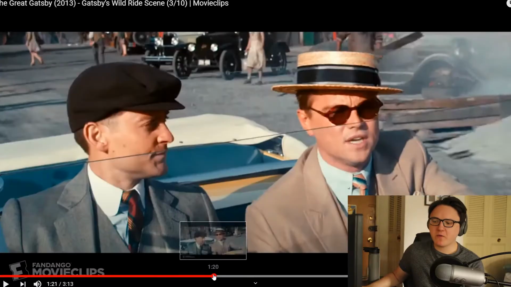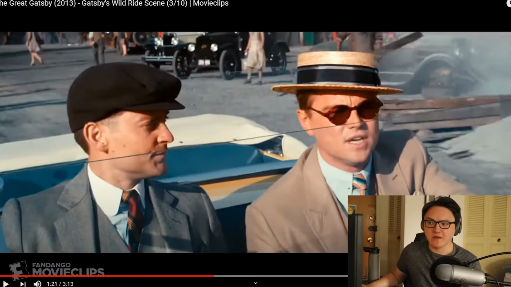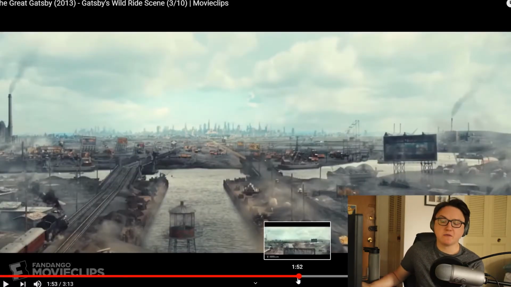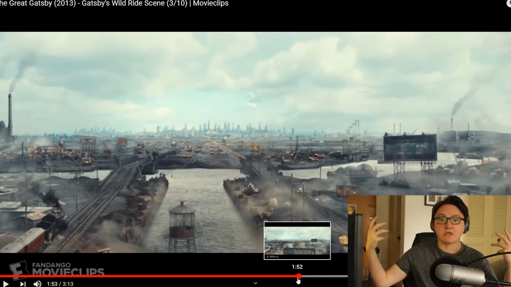And to be honest, I don't have a problem with a lot of this in terms of, like, the cuts or anything. It's supposed to feel chaotic. That feels very much like a creative choice, because you're getting more and more into Gatsby as a character. The scene's literally called Gatsby's Wild Ride. There's some weird things in it, like this old picture doesn't look real. And I know a lot of this movie is very colorful. I know that Baz Luhrmann wanted a lot of this to feel very, like, extra, I guess.